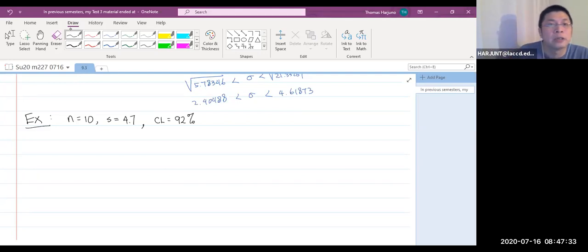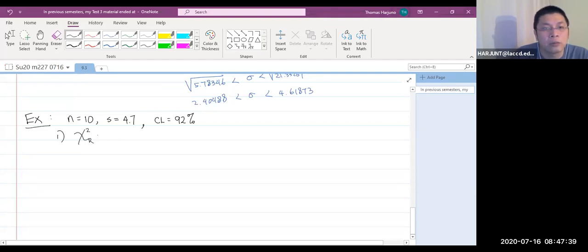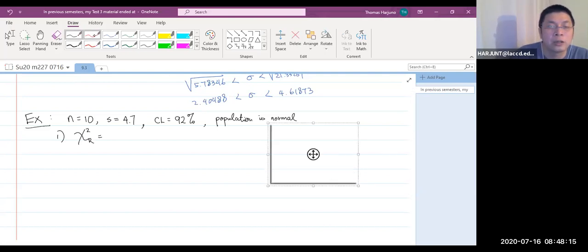Okay, so this one here, step 1: I think I need to say population is normal. Now, in the past, the requirement that the population is normal may be substituted by a sample size greater than 30. Right now, no. Even if your sample size here is 100, you still need the population to be normal. Otherwise the model that we get later on will not be that accurate anymore.